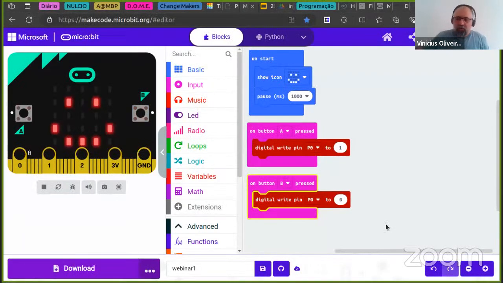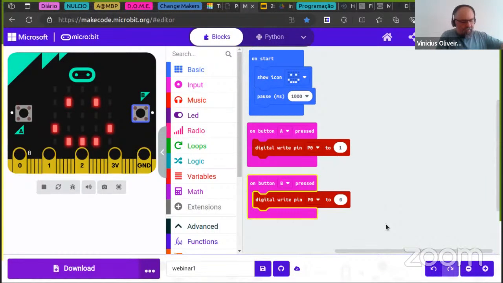The information in our code is in pin 0, here, pin 0. So in pin 0, I take the alligator here. This is the information, and for this LED, the positive is the same thing. I connect to the longest leg, okay? So I have this connection really directly, like this. Now, come back to the website and share the website, of course, to connect my microbit here and transfer